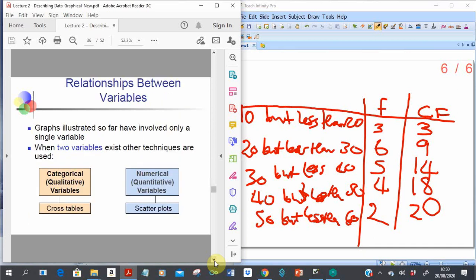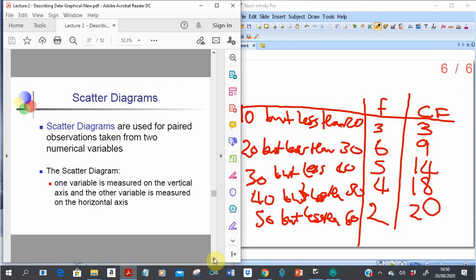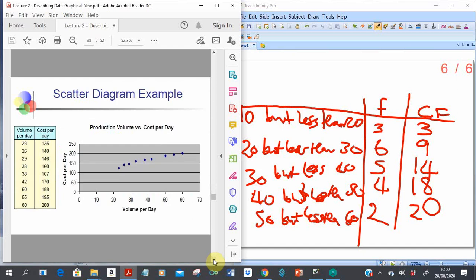Okay, we can also look at the relationship between variables. For categorical data, we use cross tables, and for numerical data, we use scatter plots to see the relationship between two variables. So we now look at scatter diagrams. Just need to know,